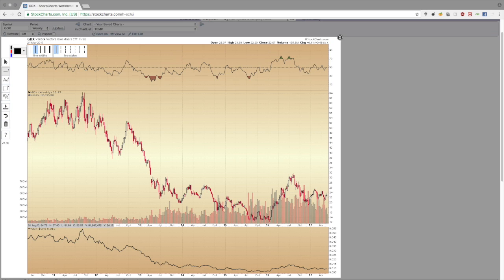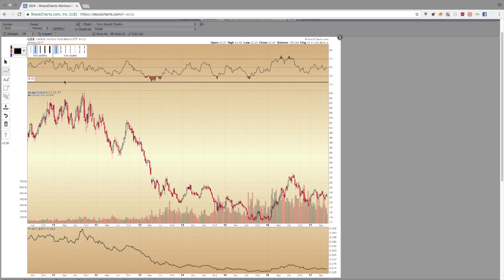So where I like to start when I am annotating, once again, we're looking at the gold and silver mining sector, and we're trying to figure out what's really happening here. Where I like to start is with this tool on the left. We are going horizontal lines, okay? And I like to see where my horizontal support and resistance levels are. So I'm going to draw this first line, and what we are looking for here visually are areas in which the gold and silver miners were unable to get over or to get below a certain point on multiple occasions.